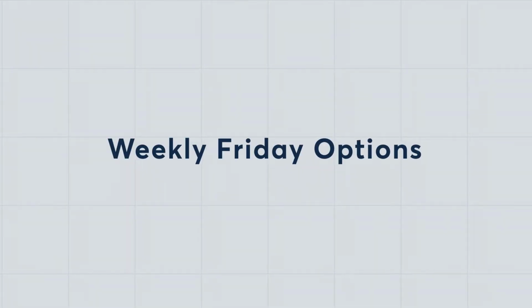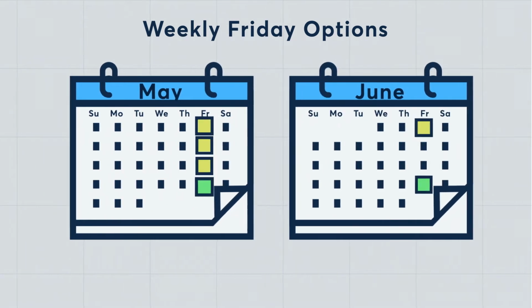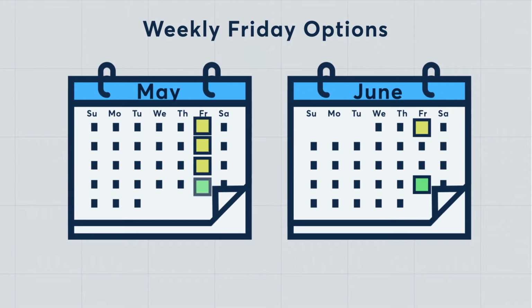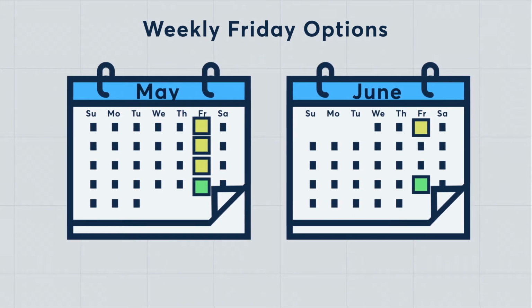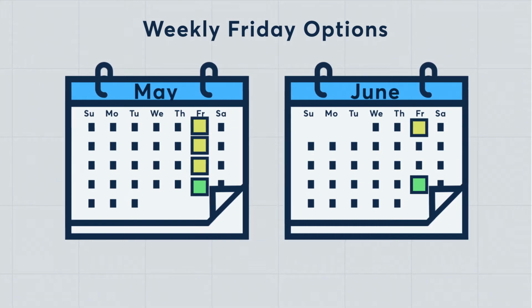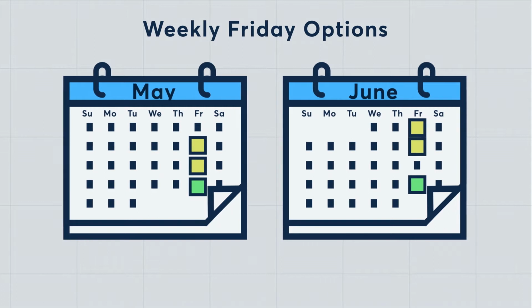In addition to the monthly options, CME Group will list the 4 nearest Friday weekly options. Again, using May as an example, each Friday of the month would have its own option expiration. In this example, since the final Friday of the month corresponds to a monthly expiration, the 4th weekly Friday of the cycle would occur on the following Friday. As the first week expires, the next Friday expiration in the series will be added.